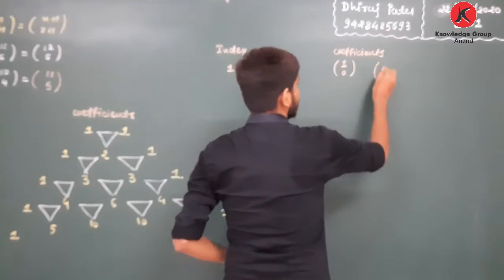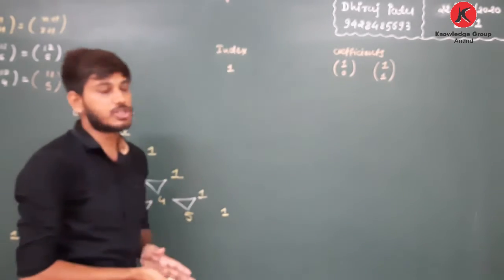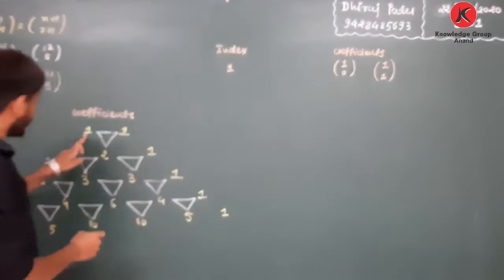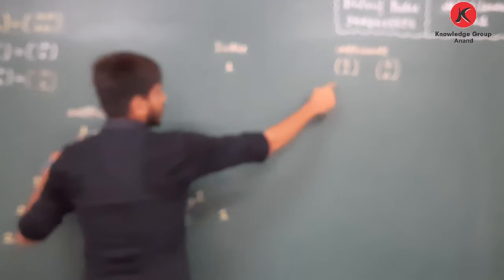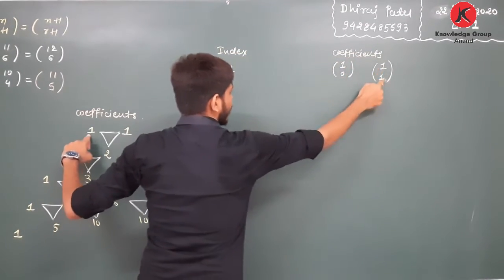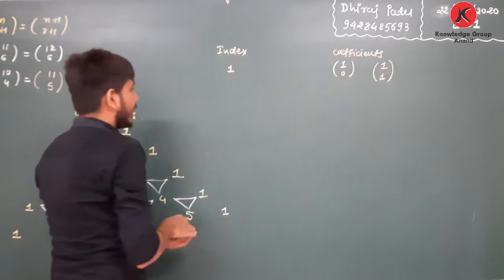And the second one will be written as NCN. That means 1C1, which is also equal to 1. So we can represent the index and coefficients. If index 1, then coefficients are 1C0 and 1C1. See here, 1 1 are the coefficients here. Now, if the index is